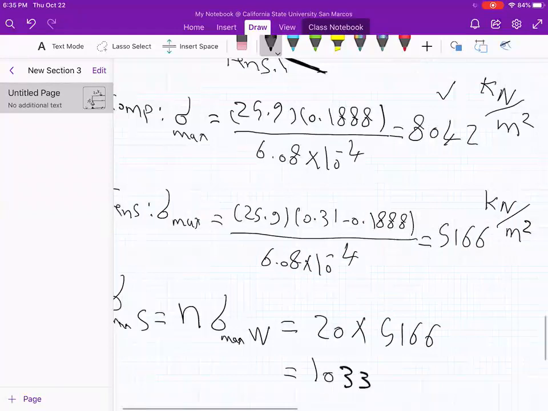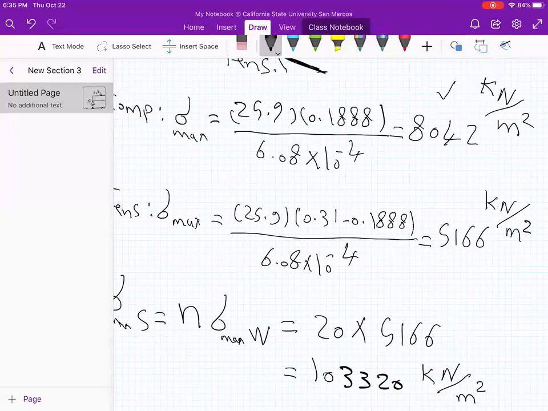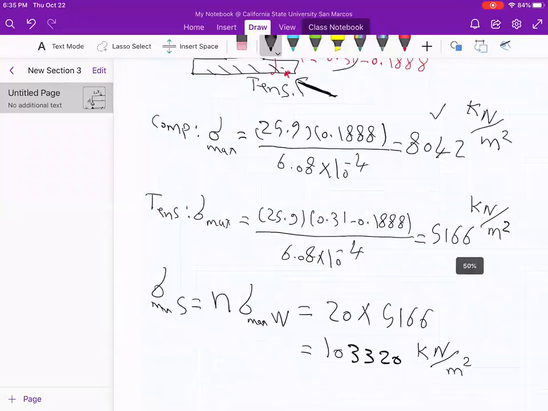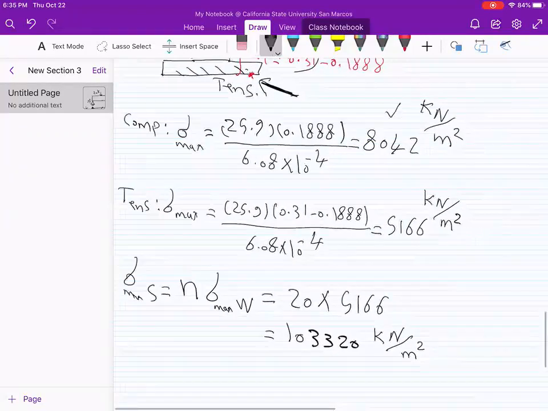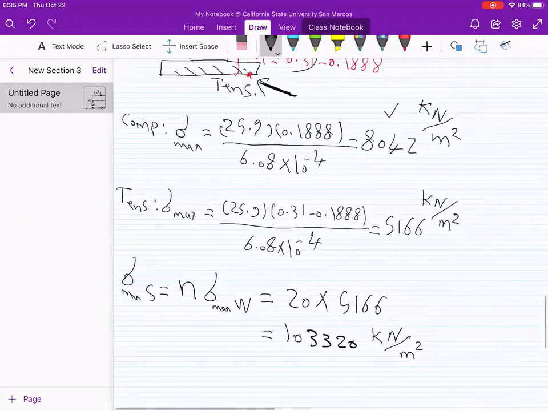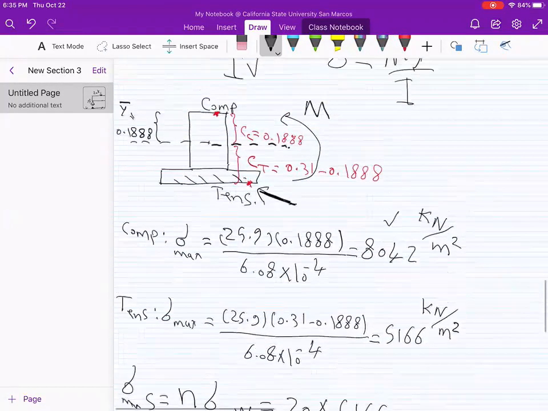I saw that many people did everything right, but forgot to convert at the end, converting the wood back to steel, right? Because the original material is steel. And we use this virtual section because